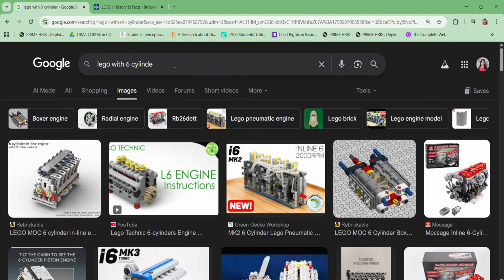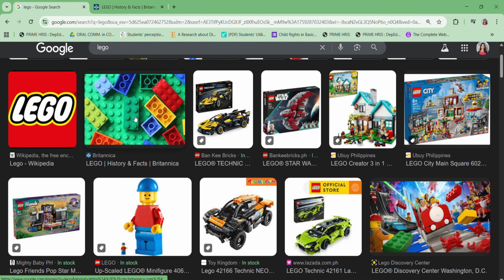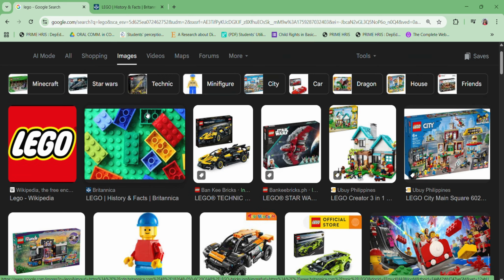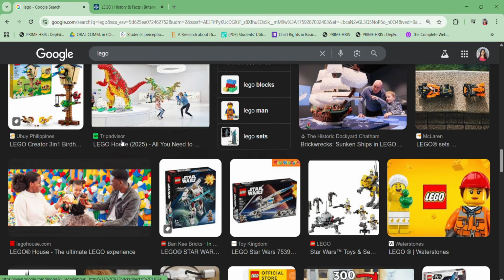It's not the one. Okay, anyway, let me just point out what Lego I want. Okay, this one on green. This one is the Lego. Observe that in a real or legit Lego, the cylinders here, one piece of Lego has actually 1, 2, 3, 4, 5, 6, 7, 8, another 8 holes there. But it's up to you if you want to really copy it just as it is. Okay, it's up to you, but that one is the design of a Lego.